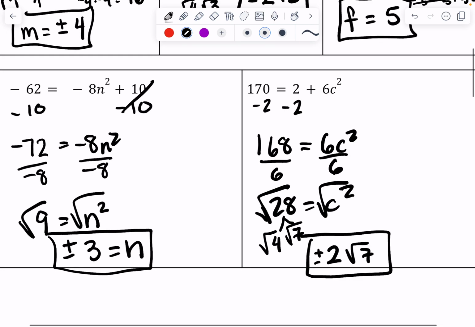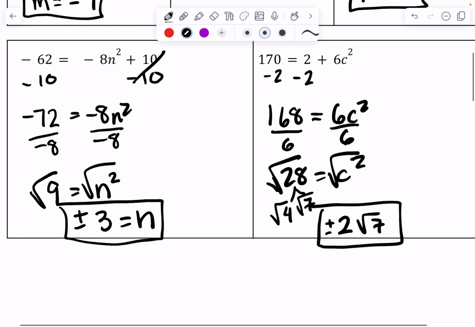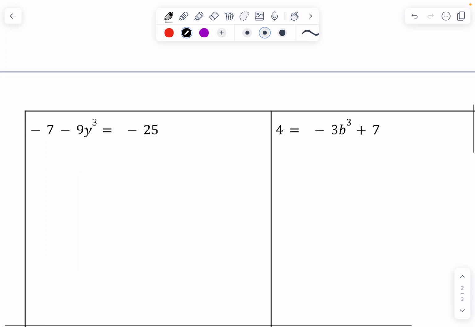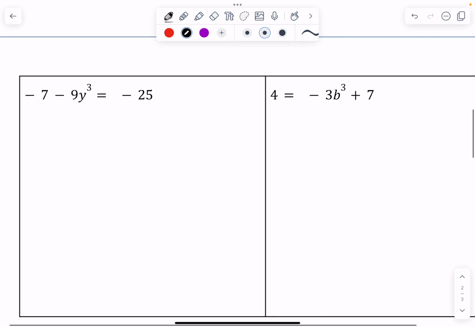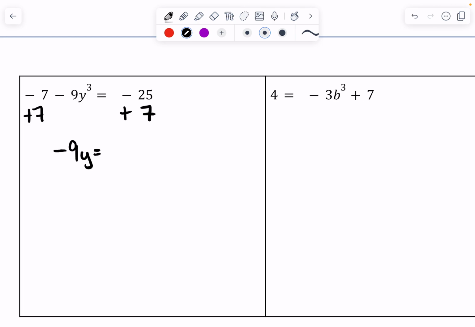Highly recommend you pause the video and try the next 2 on your own, but I'm going to do them as well in case you need my support. So we're going to add 7 to both sides. Again, we're starting by moving everything away from this y because we want y by itself. Negative 9y equals negative 18, and we're going to divide by negative 9 on both sides, and we get that y equals,